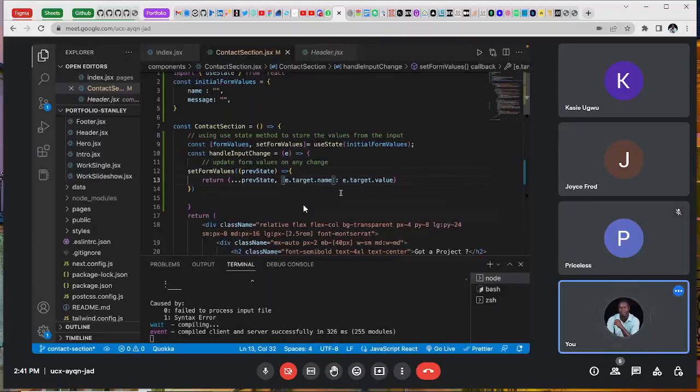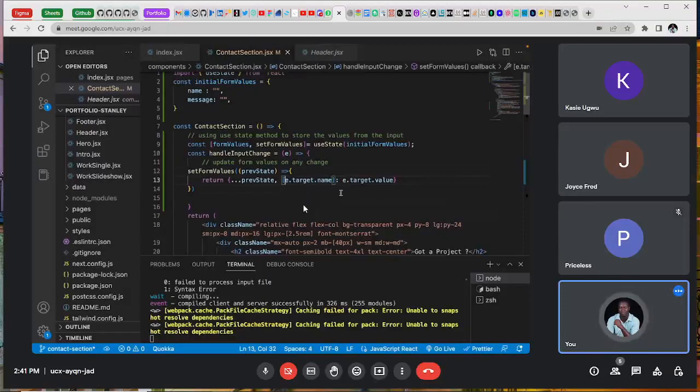You have to put it in square brackets. That's when it will see that thing as a variable. If you just write it normally, it will see it as a string and try to look for that string exactly, not as a variable. Okay, so if you notice now, this would work because in initial form values, we put the names of